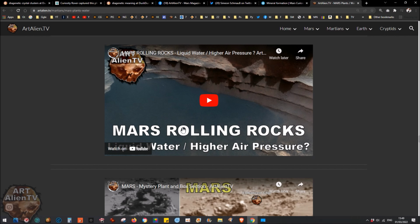And I also go into some detail in this video about how some of the rocks move around on the surface, because in parts of Earth where we have flat lake beds, you often see huge rocks that move around, and you can see them in these images. They've got long trails behind them where they've moved along the mud. Now, the only way this can happen, and this has been worked out on Earth, is that